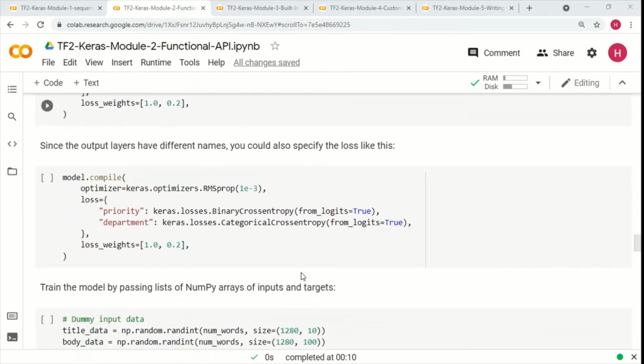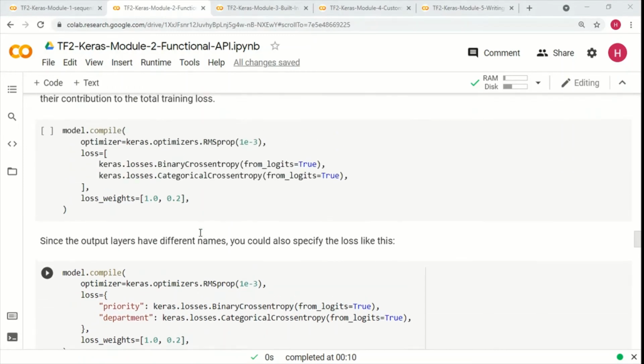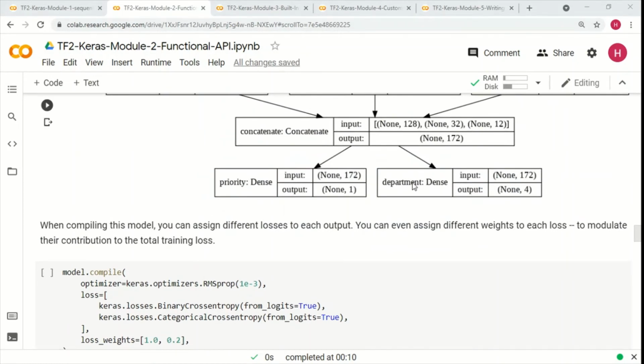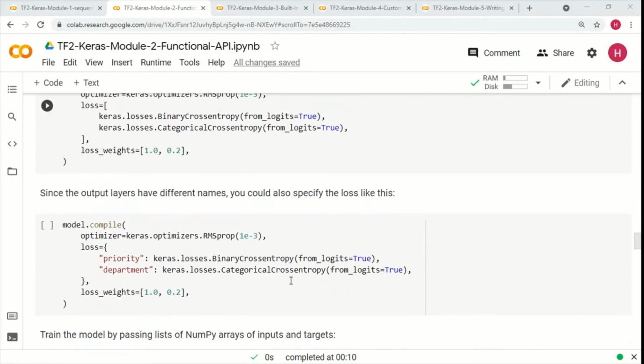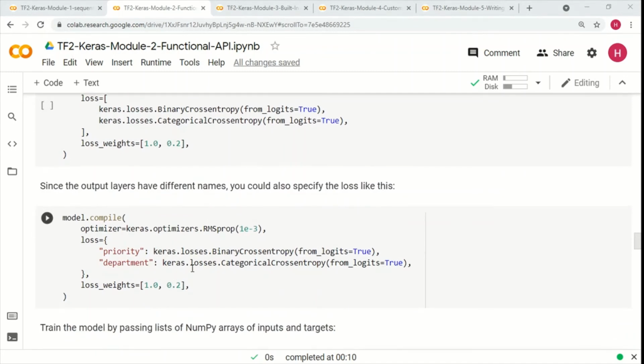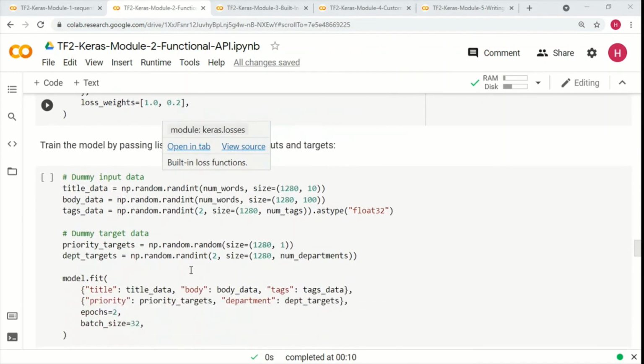The only thing that I would like to show here is that we can also declare two different losses: different losses for the priority and the department, which are these two outputs here. Then we generate the random data and train our model.